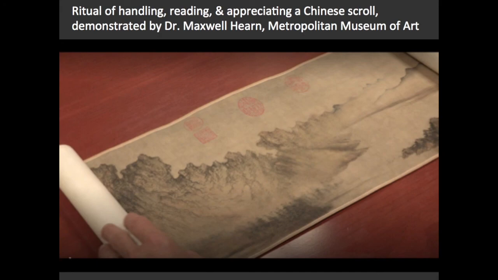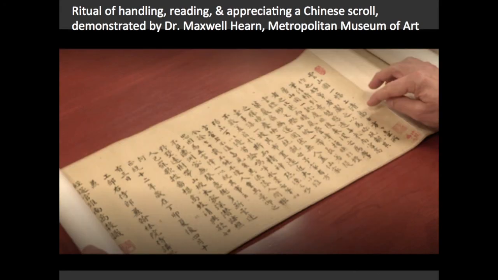These scrolls were meant to be viewed closely, intimately, usually one viewer at a time, and read from right to left. Near the end of the scroll, the painting concludes and we see various inscriptions, including the title of the artwork written by the artist, some descriptions about the artwork, and about the history of the scroll. These inscriptions are written by owners as it passes through different generations over many centuries.